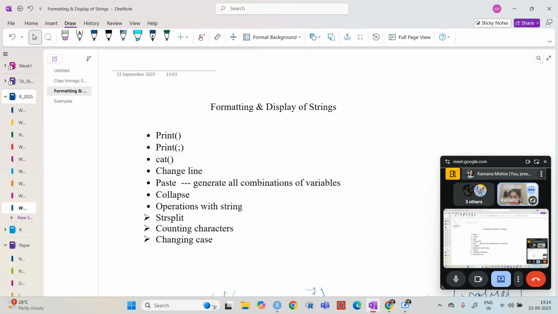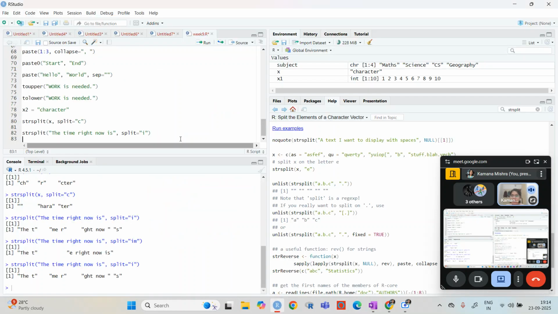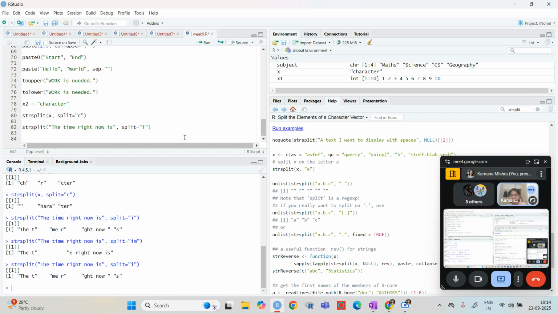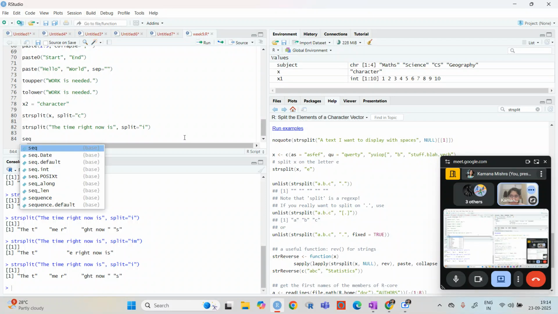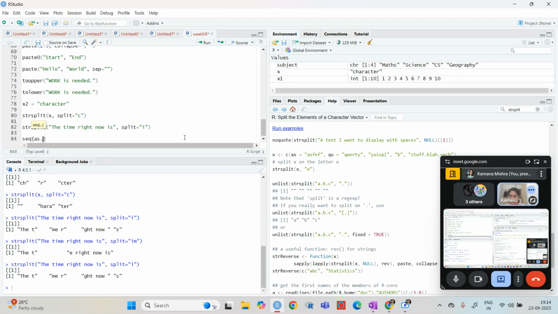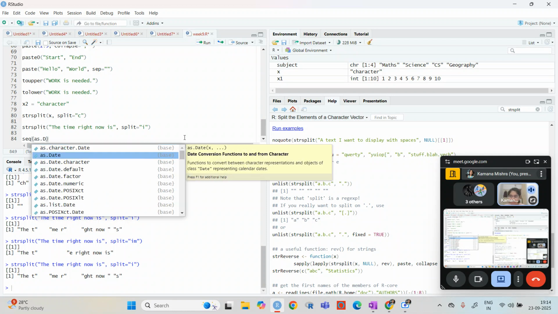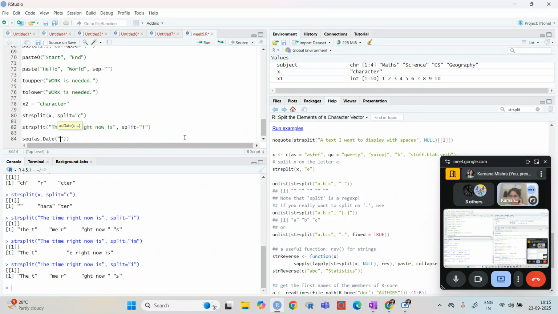Then we can do basically, let's say we have, let's say I'm writing sequence as as.Date, and I'm giving in the format 2025, let's say 0901, and length.out is equal to 5, and by equal to month.